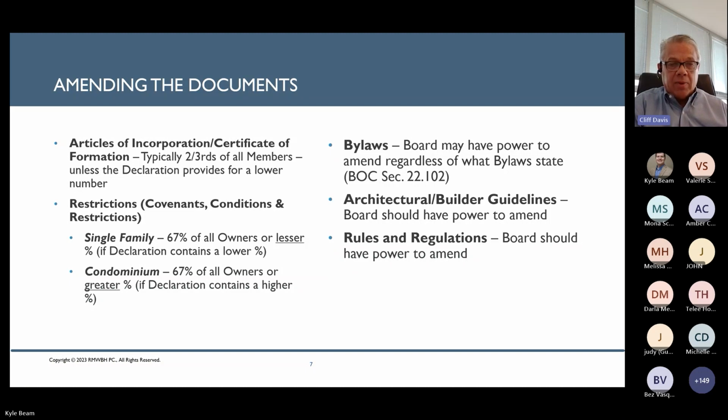of what that document is. But typically when you say the declaration, you're talking about the deed restrictions, what some people call the CC&Rs, the restrictive covenants. And there's typically amendment language in the declaration. There's a state statute now that says for single family, so these are non-condominium developments, that 67% of the owners can amend the declaration, or if the declaration says it's 51%, then it's the lower percentage,